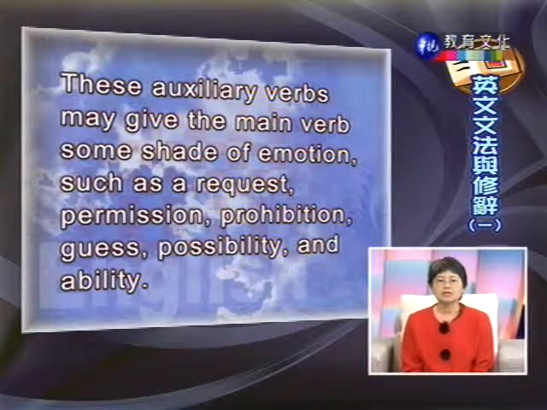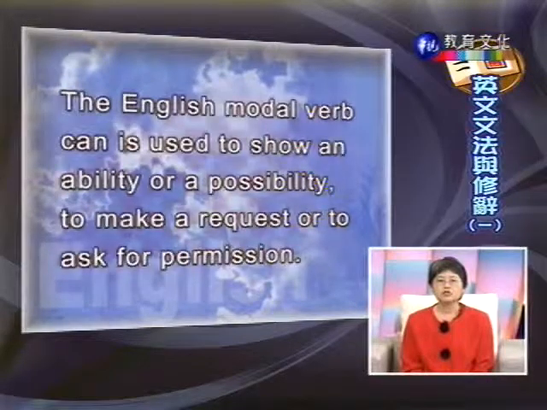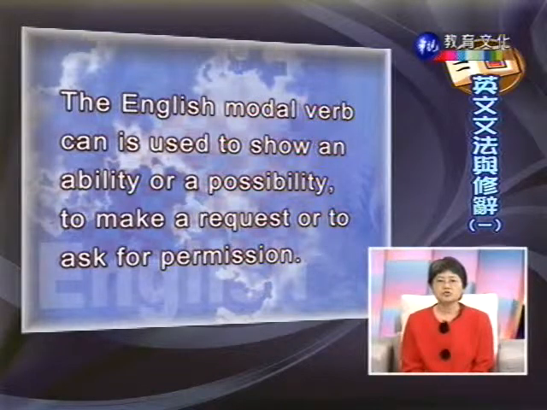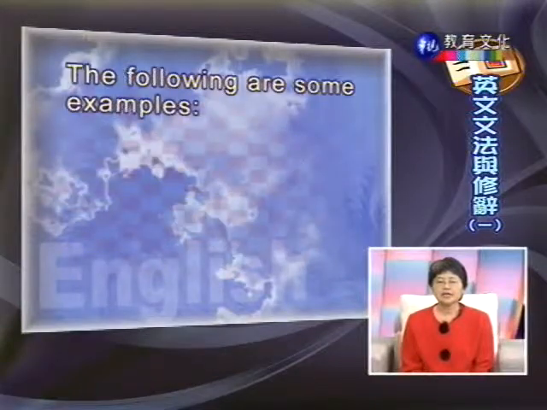prohibition 是禁止,guess 是猜测,possibility 可能性,and ability 还有能力。the English modal verb can,它是 used to show an ability,用来显现你一种能力,or a possibility,或者是一种可能性。To make a request,也可以用来请求,or to ask for permission,或是请人家允许你做什么事情。